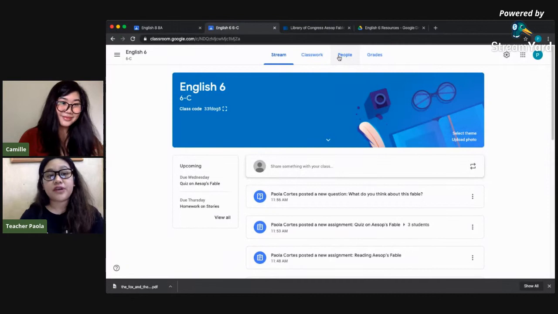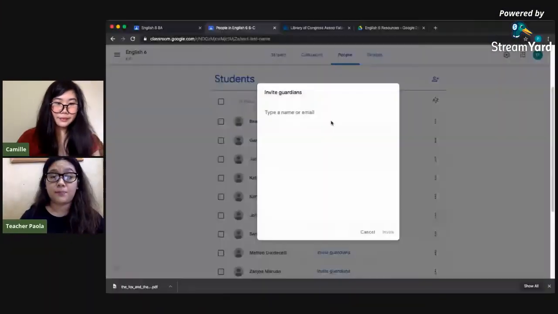Okay. That's a very good question. There are some schools that are already implementing that. Recently kasi si Google, nag-add siya ng tinatawag natin na guardian access. Pero very limited lang siya, hindi siya katulad ng teacher access at saka ng student access. Okay, ayan. So, dito sa People tab, you will notice na merong katabi na invite guardian ang bawat estudyante. So, once that you click that, you will just have to type the email of the parent, and then